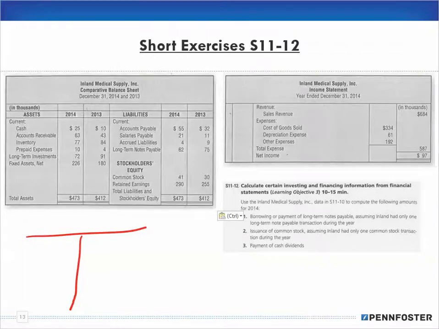There we go. Okay. All right, so we have our